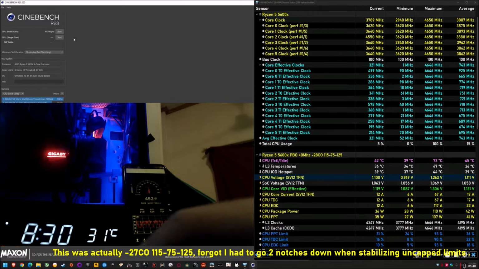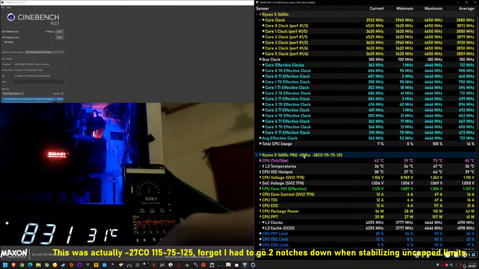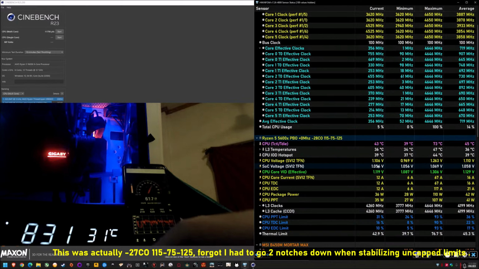So the non-recording score was 11,796 with effective clocks all the way up at 4646. So basically 4650. And if you're using my testing or my performance as a reference point, that is what you should be seeing when you uncap the PBO, PPT, etc. limits. The only difference is if you're running a high plus override, or if you've just got a worse bin CPU that you can't run a high negative offset, or